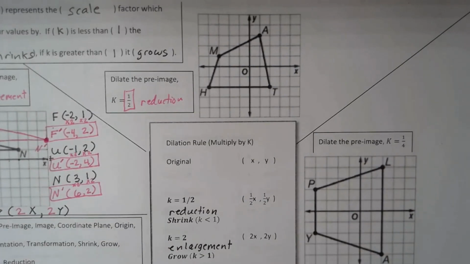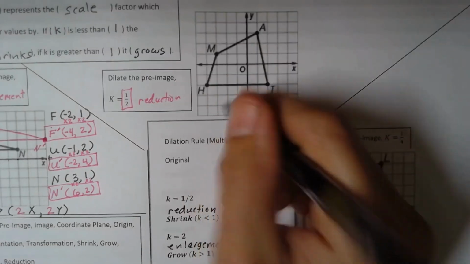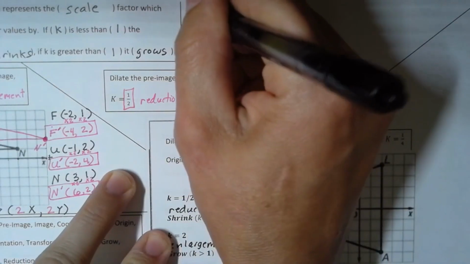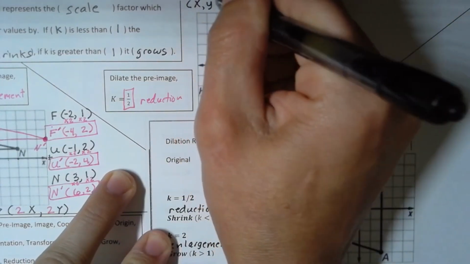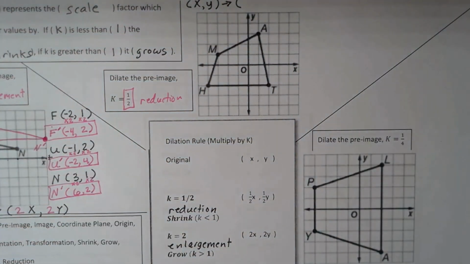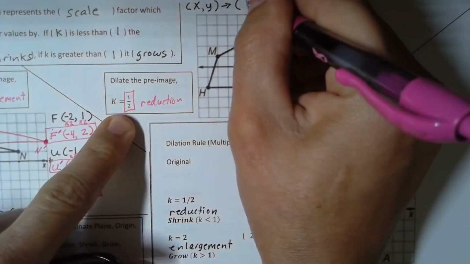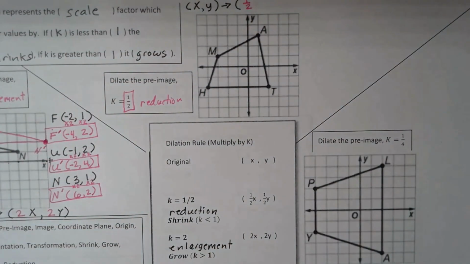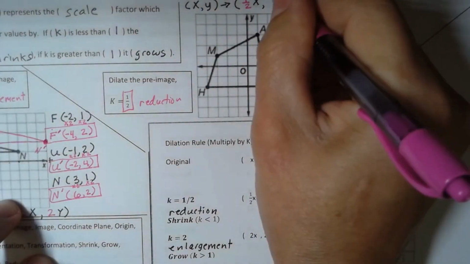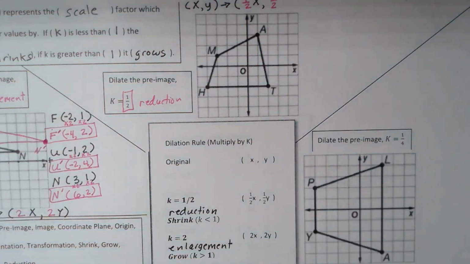I'm going to start as usual. I'm going to go ahead and write our rule down here in the bottom. Actually, you know what? I'll do it in the top. There's more space in the top. So let's say x and y, draw our little arrow, and then we're going to say, well, our scale factor is 1/2, so it's actually going to be 1/2 times my x value, and then I'm going to have 1/2 times my y value,